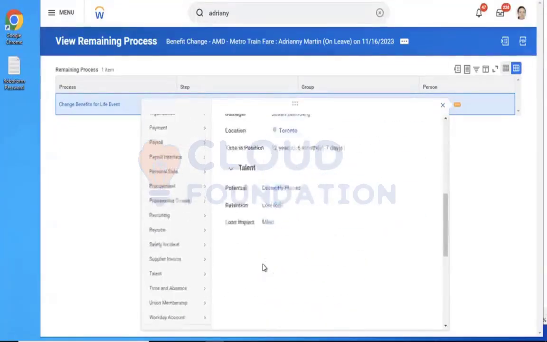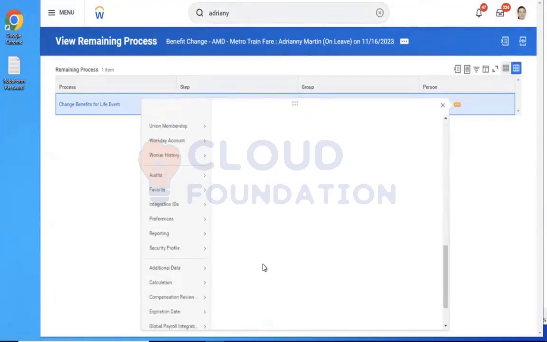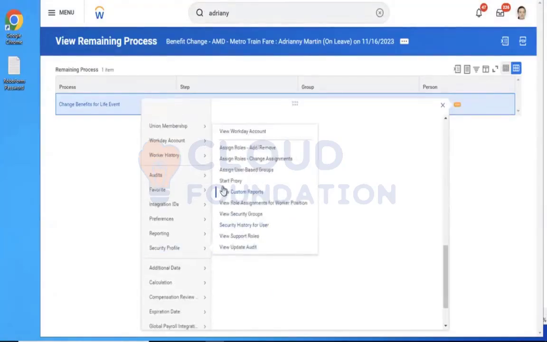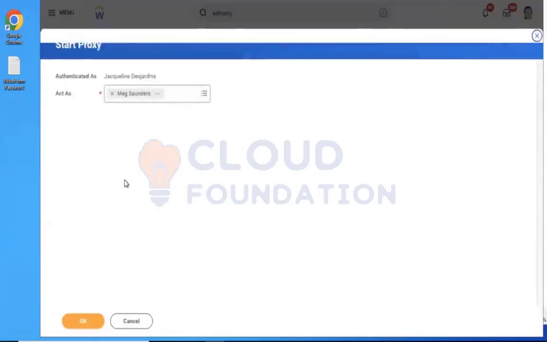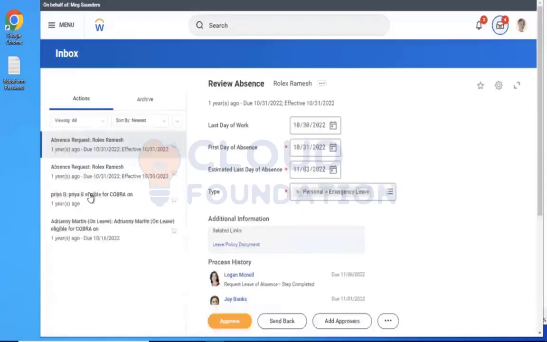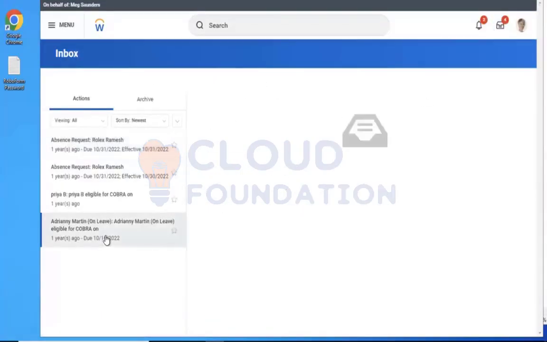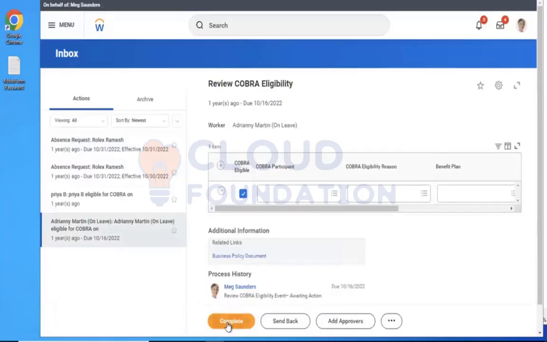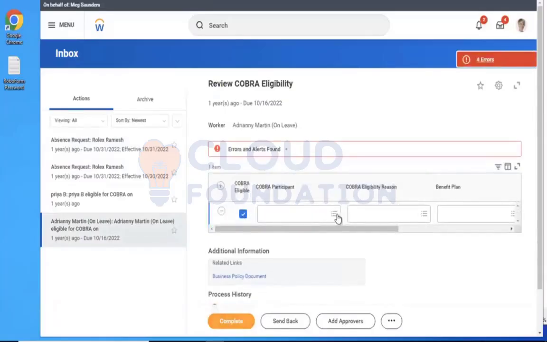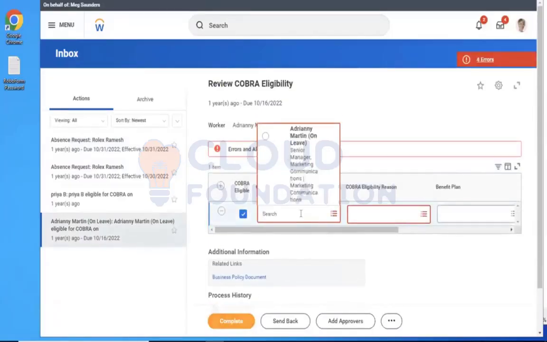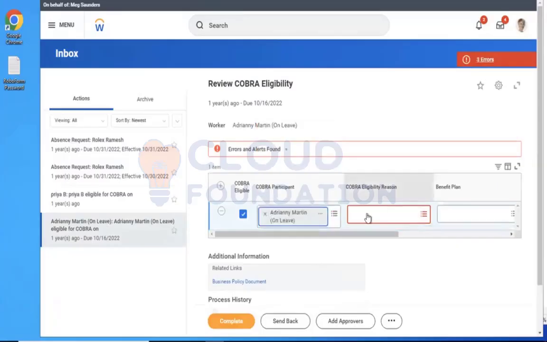I'll quickly proxy and approve. Profile, start proxy. Actually, this plan is not supposed to be eligible for COBRA.